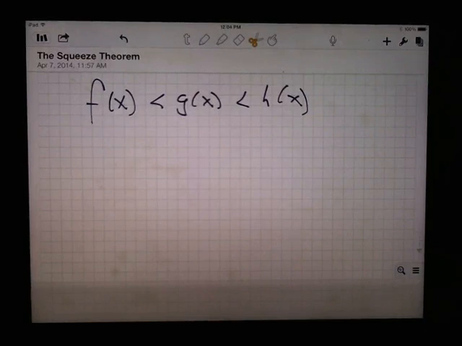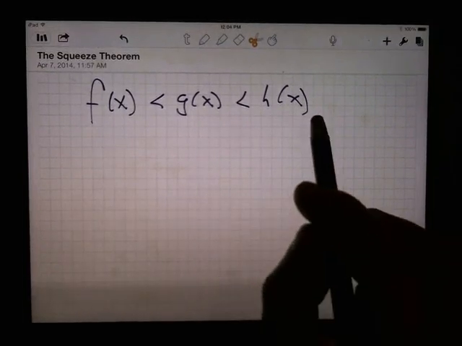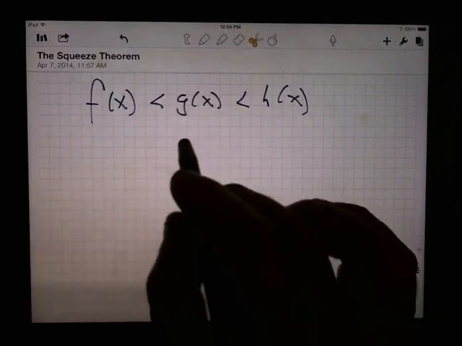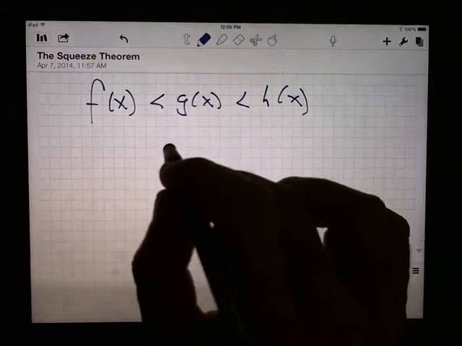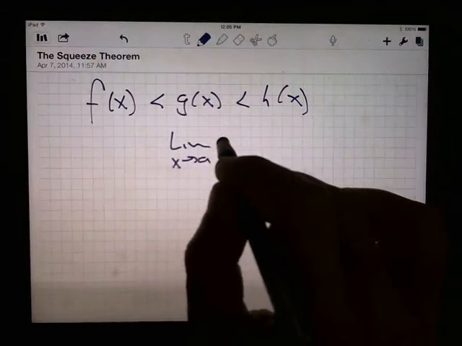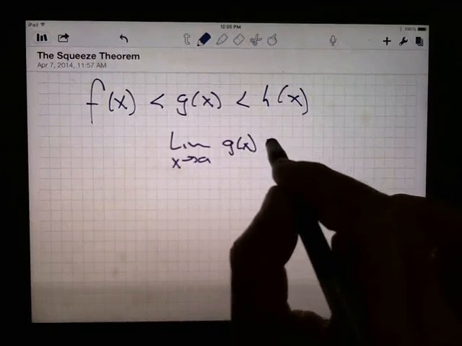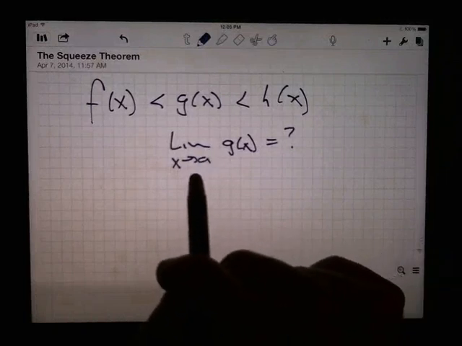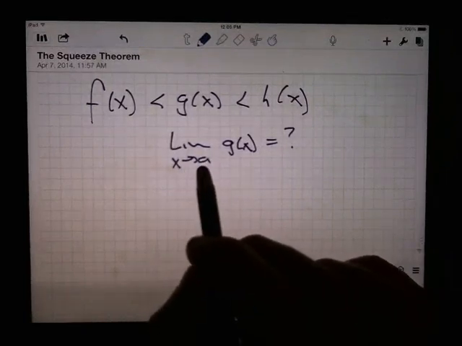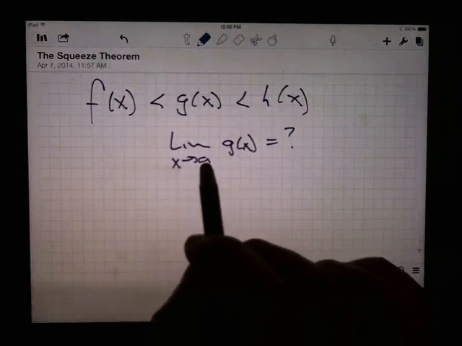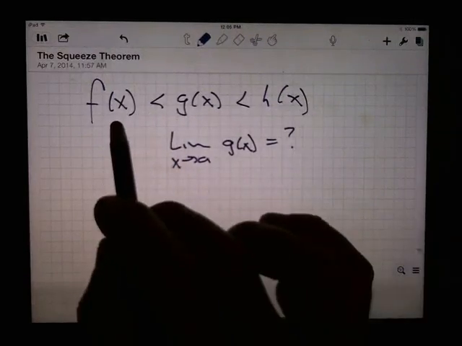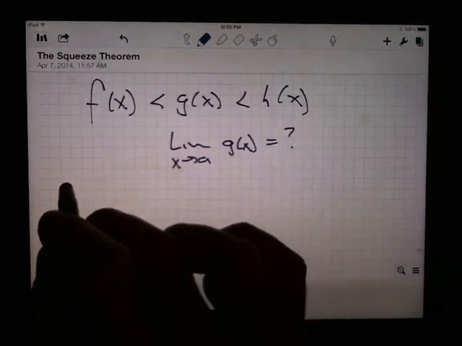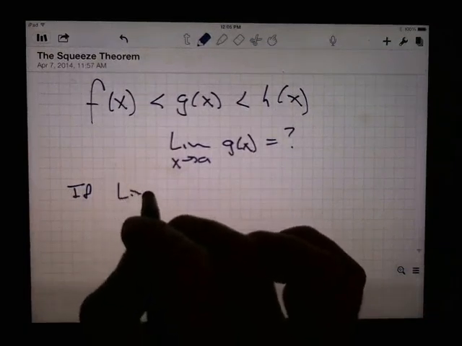So here's the situation. Suppose I've got three functions, f, g, and h. And in some interval, I'm going to take the limit as x goes to a. What I really want to know is, what's the limit as x goes to a of g of x? Well, if it turns out that on some open interval with a somewhere inside it, there's a bunch of x values where this relationship is always true, where f is always less than g and that's always less than h, then the squeeze theorem says this: